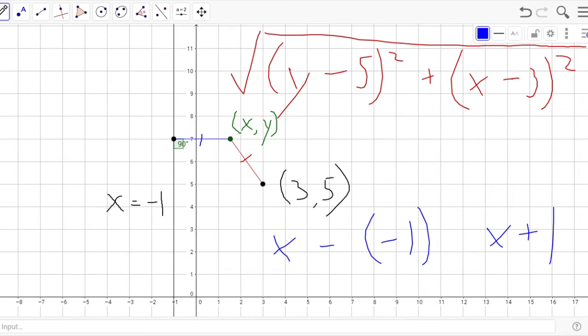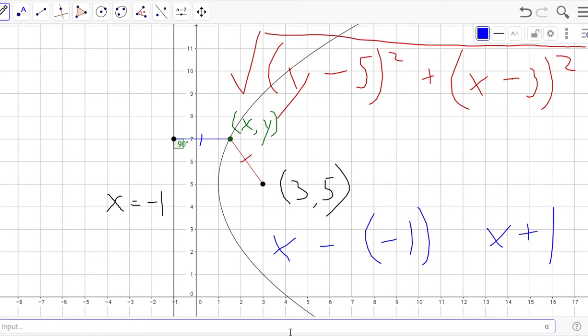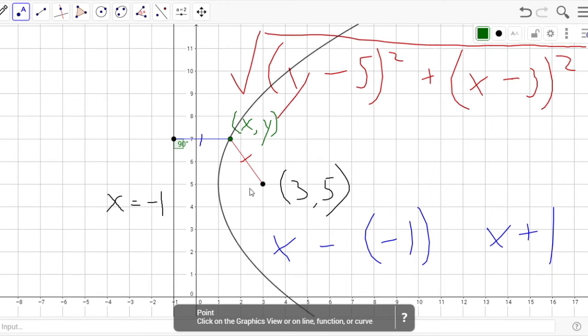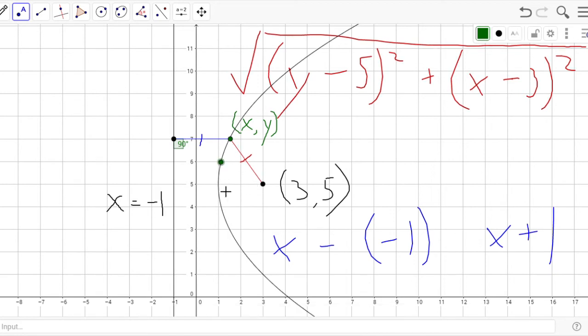So now, to get the equation, we simply have our 2 distances, this one and this one, and we set them equal to each other. Then if we do some algebra, we'll come out with a reduced equation, which I'll put in the input bar, and then we can take a look, and there's the parabola. And as you can see, it goes through the principal points, which are right here, there,